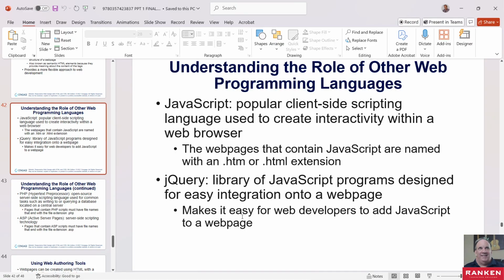scripting language, and it's basically a small little programming language that you can use to do things within a web page. Okay, it's used to create interactivity within a web browser. The web pages that contain JavaScript are named with an